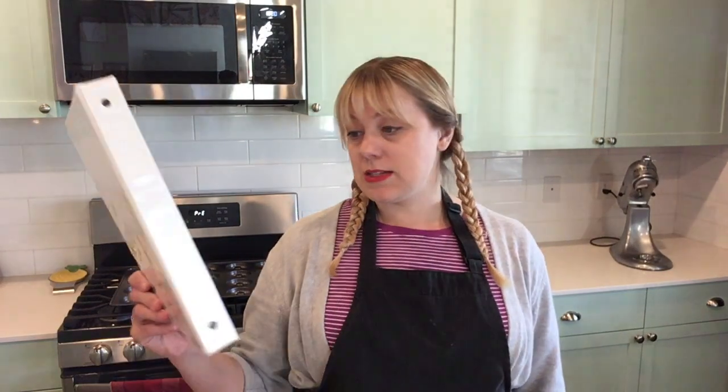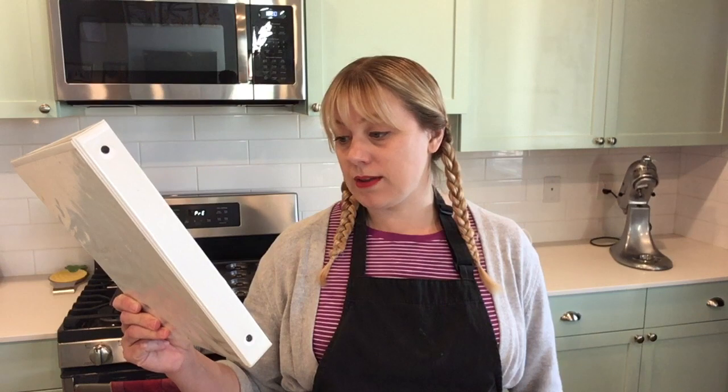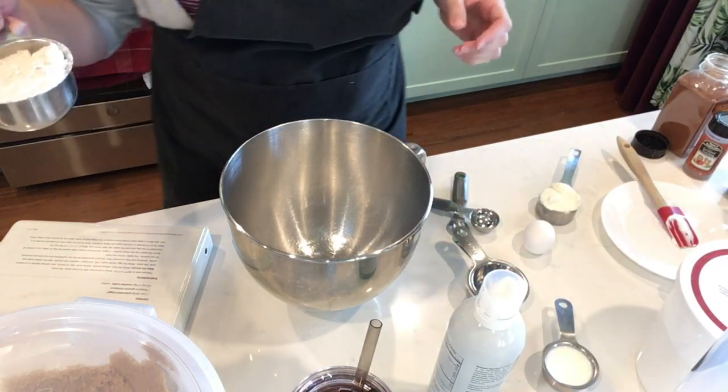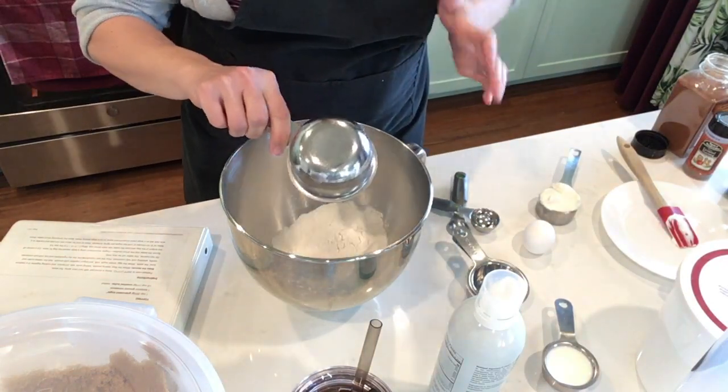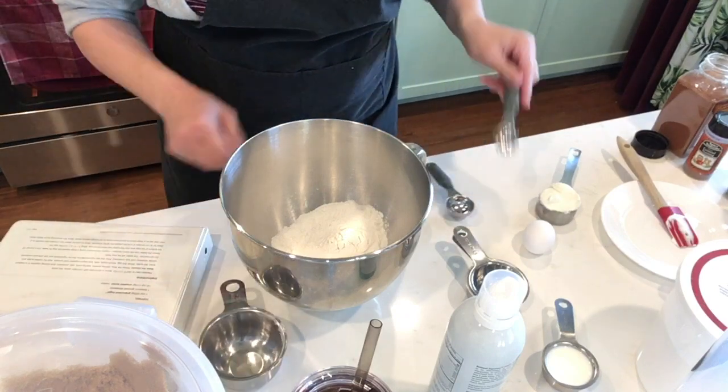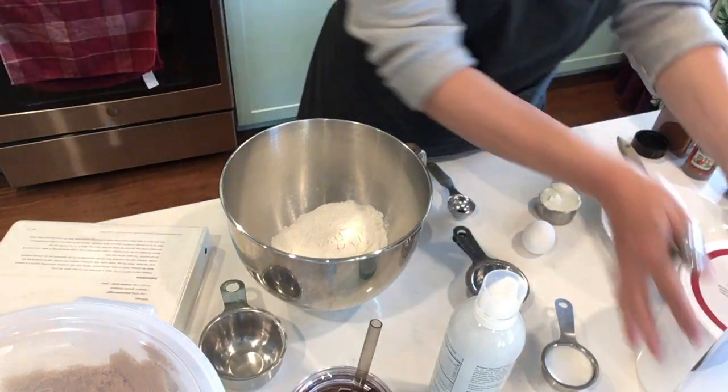Moving forward with the donuts here. It tells us that we are going to make these donuts, put all the dry ingredients together. So I'm going to go ahead and do that now. And here go the ingredients. We have 1 cup all-purpose flour, and then we're going to need a teaspoon of baking powder,